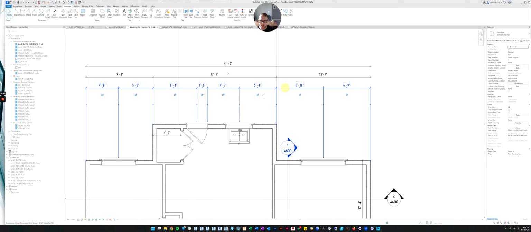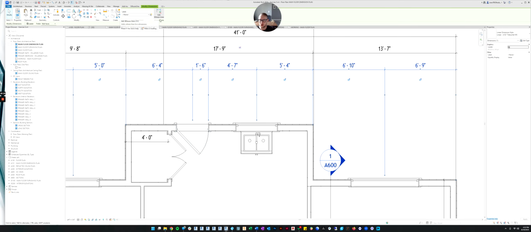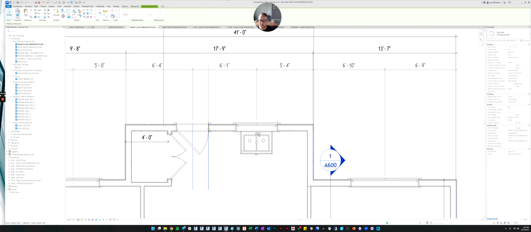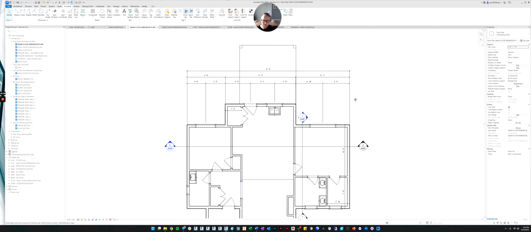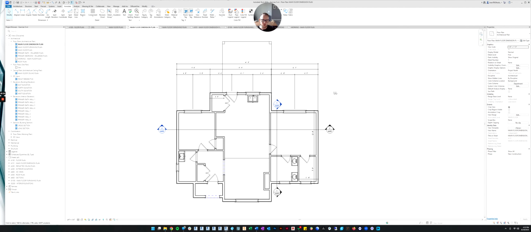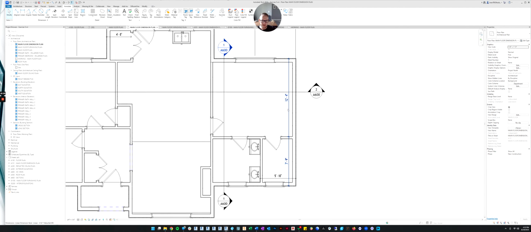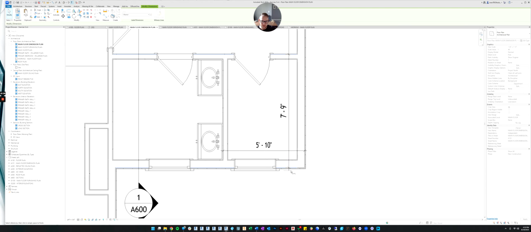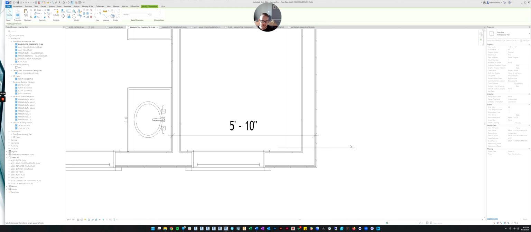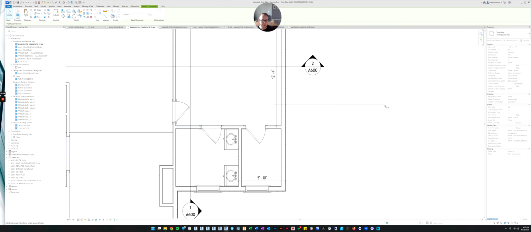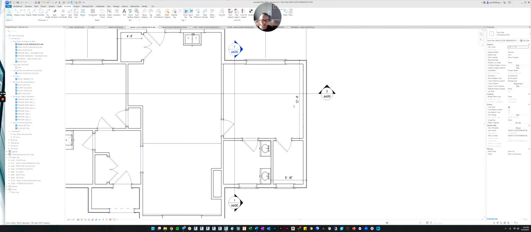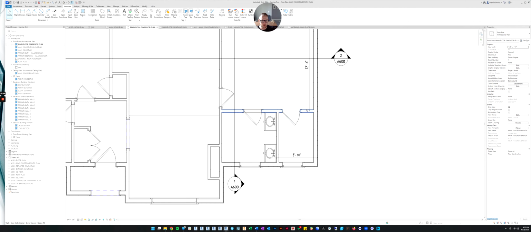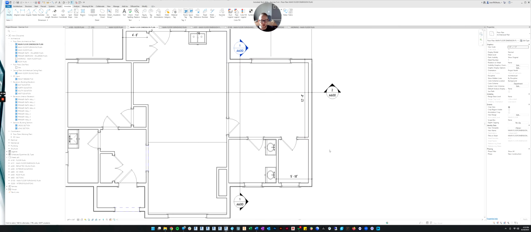So now the only thing I need to change is I need to get rid of this edge. So I'll click on the dimension string, I'll click the edit button, and I'll take that edge back off like that. So that's how you edit dimension strings. So on this one, if I wanted to get rid of this, I could click the add or subtract button and I could just re-click on that wall and it removes it. And then I just click into blank space. So either one's right. You could put the dimensions on both sides, but there's no need to, because if you've dimensioned this wall from one side or the other, there's nowhere else for it to go.